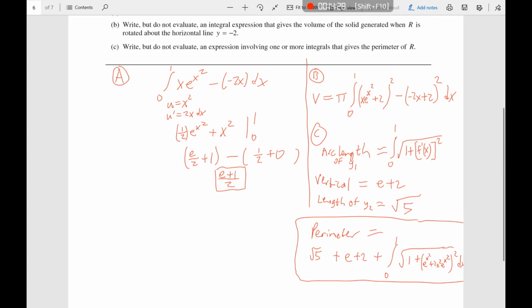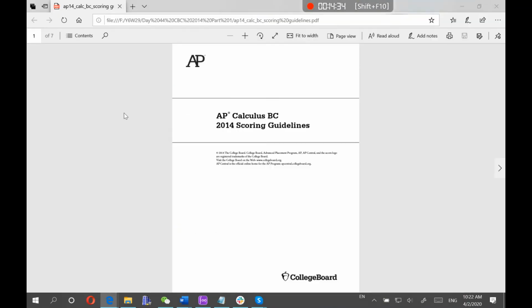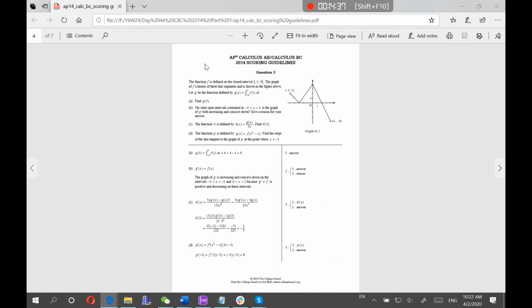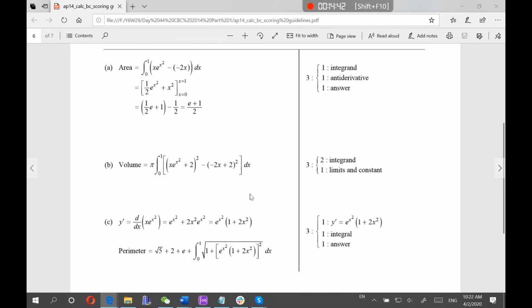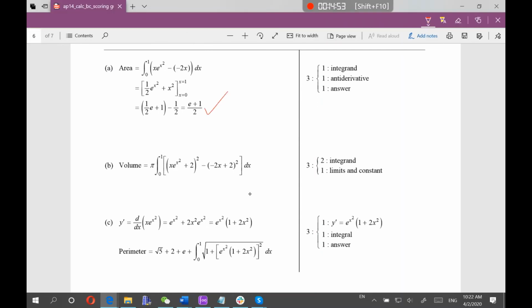Okay, I'm going to check the scoring guides really quick. This was question 4. Nope, 5. Okay, so we've got our area, 1 point for integrand, the antiderivative, and the answer. Okay, I know I've got the answer right. Answer right, our antiderivative. Okay, we've got that, and our integrand. Okay, we're good. 2 points for the integrand, 1 point for the